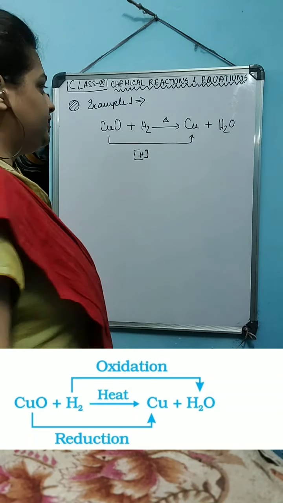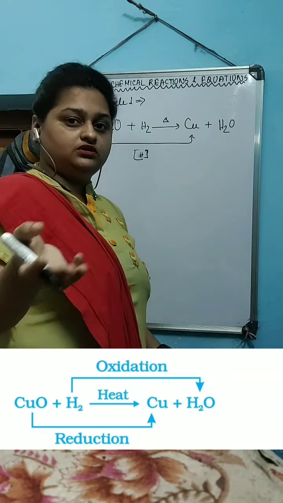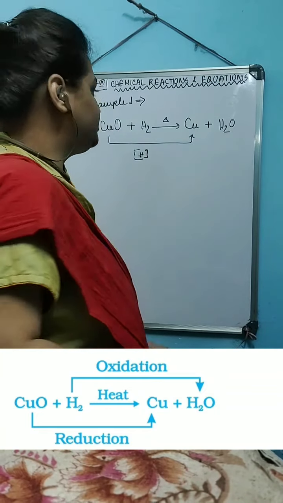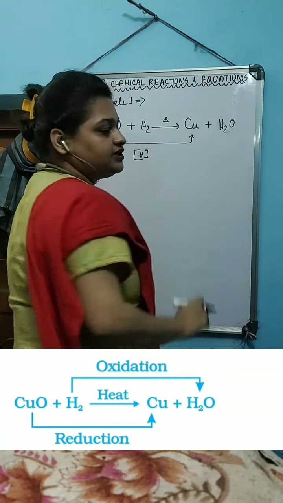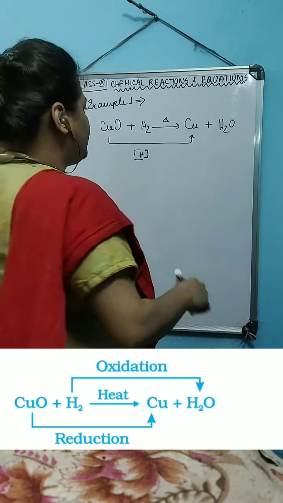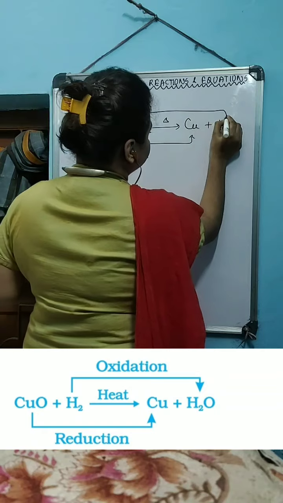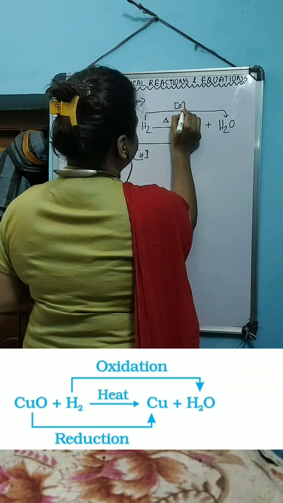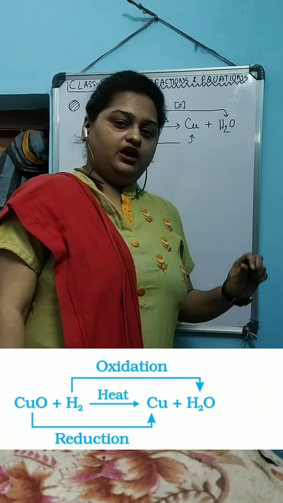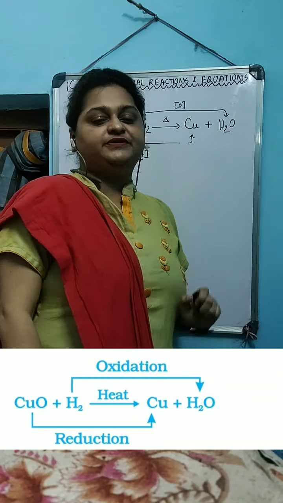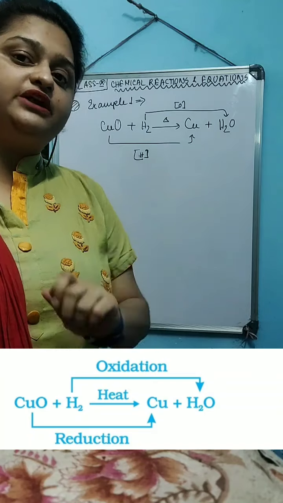On the other hand, addition of oxygen is known as the oxidation reaction. Hydrogen here is gaining this oxygen to produce this H2O molecule. So by the simpler definition, hydrogen in this reaction is getting oxidized. Now this is my explanation of the redox reaction based on the simpler definition.